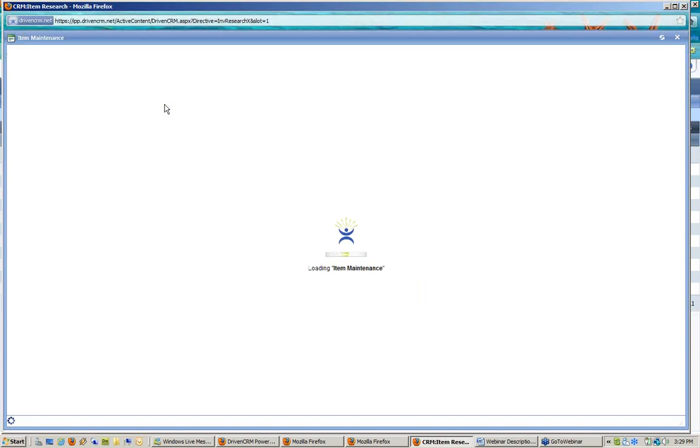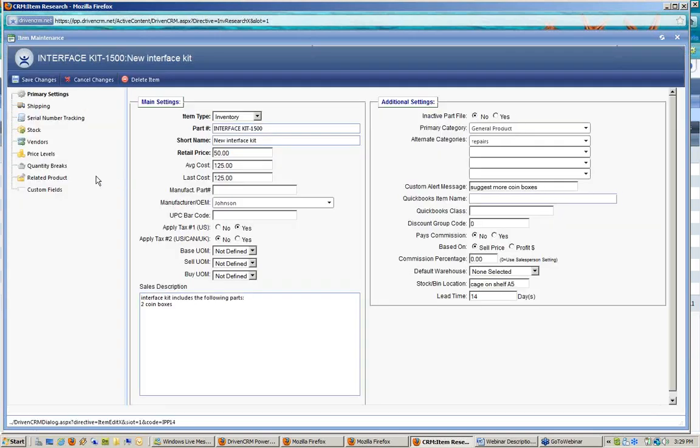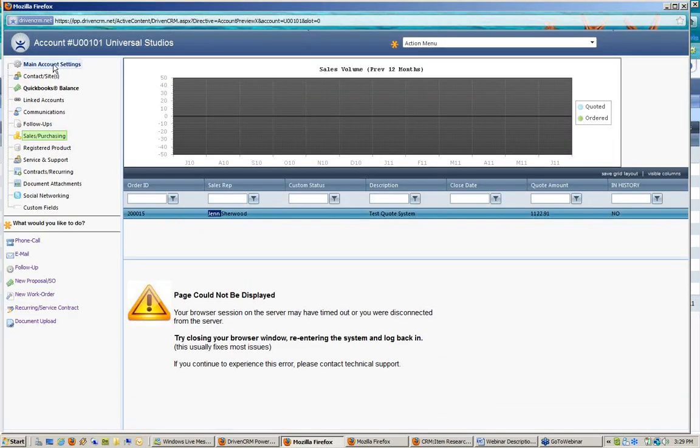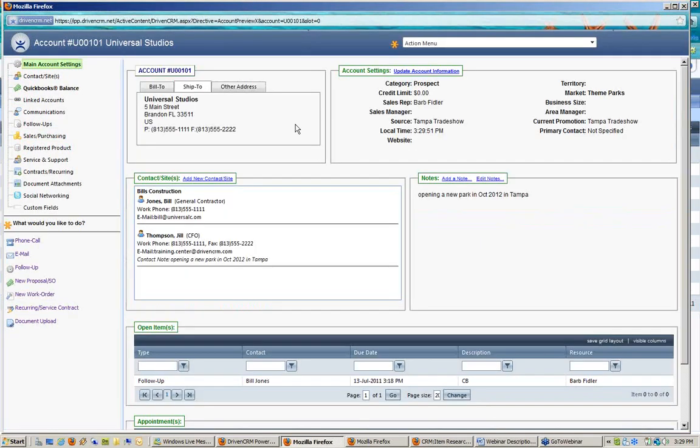But if I look at this particular part number, it is also established to have a price level with a discount off of retail prices. So if I have this customer, which let's go check this, it's possible that my Universal Studios account is set to use a specific price level. Okay, so if I scroll down to the bottom here,